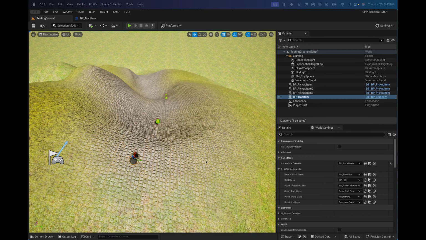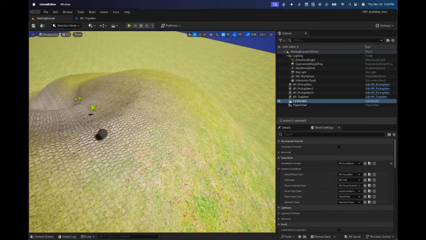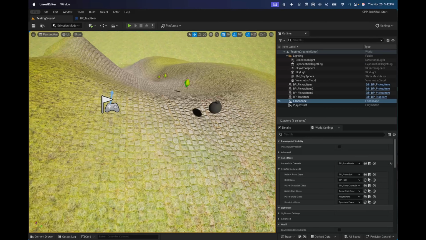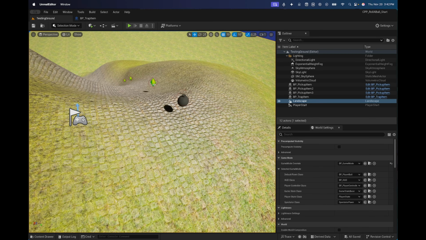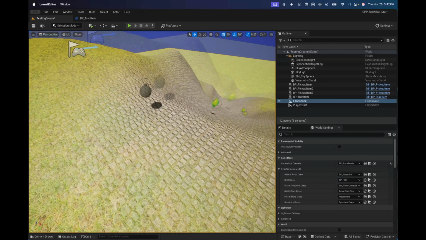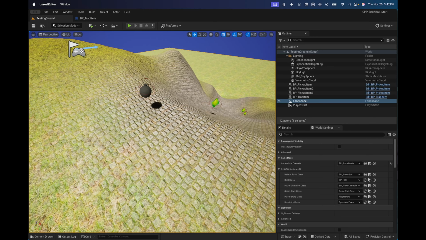All right, so let's add some particle effects to our game. Simple little things that happen when we run into a bomb or maybe pick up a coin or something like that. And we're also set up to trigger some sort of little audio cue, nothing crazy. We'll just show you the basics for how to do it, and then you can add your own. So the first thing we're going to want to do is open